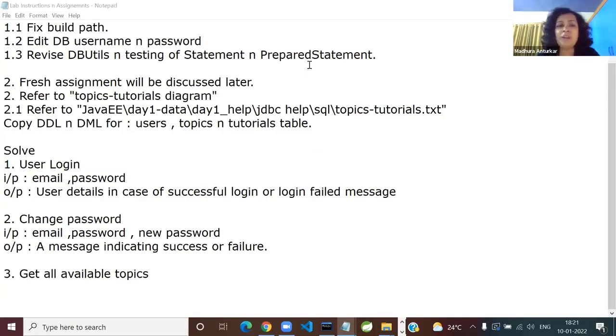One more question before I log off. Has ma'am discussed? Okay, forget it. Do you know about a DAO layer, data access object layer? Have you heard about it? DAL, data access layer in the backend, Express and all that? You've not done the layering. Okay, fine. No problem. We will do the layering tomorrow.